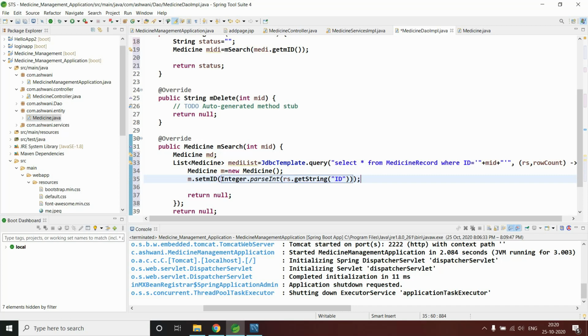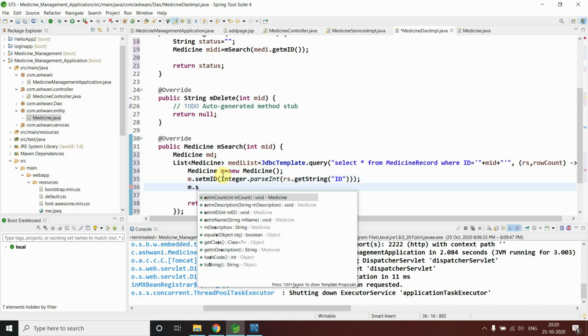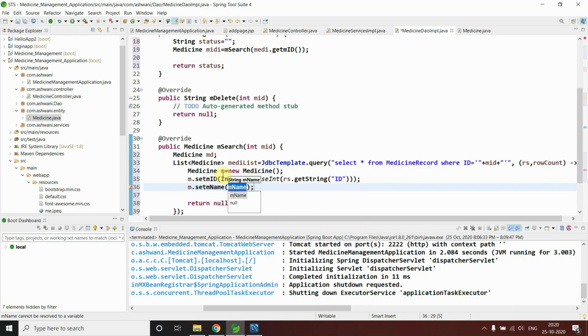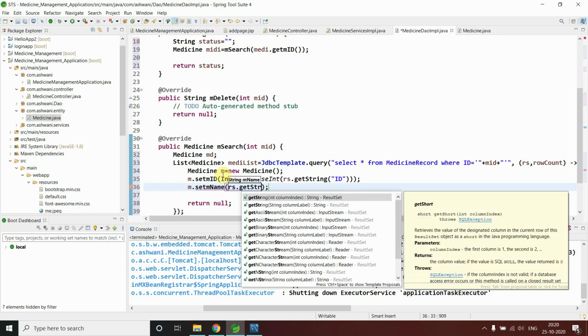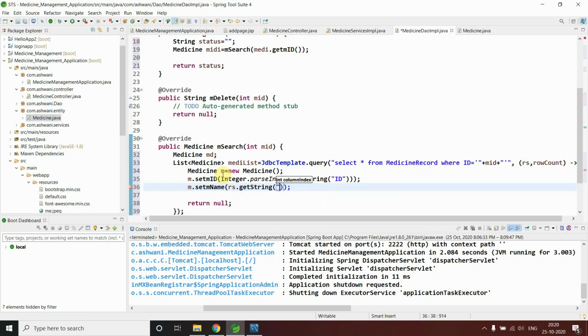Okay, so now I can set my id. Now set the second thing, name. I can directly use rs dot get string, and what should I use here as the name?